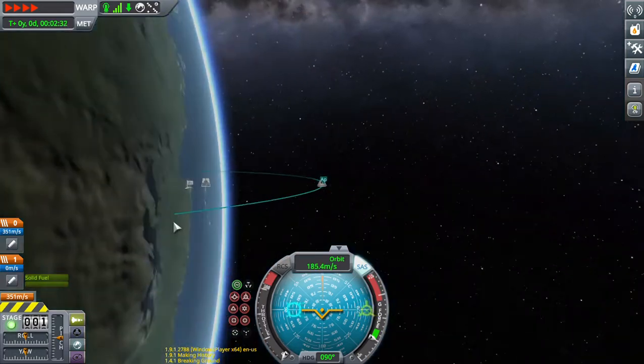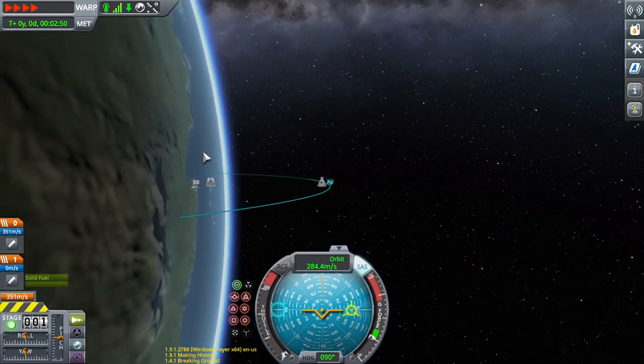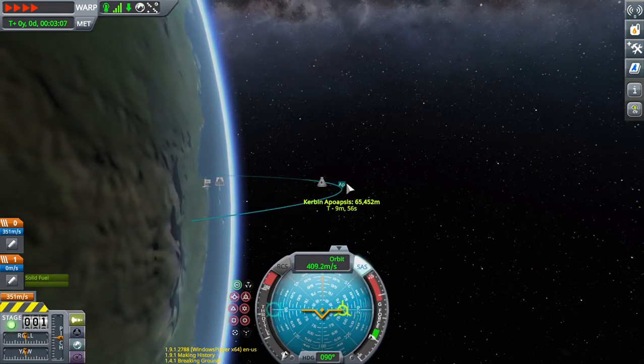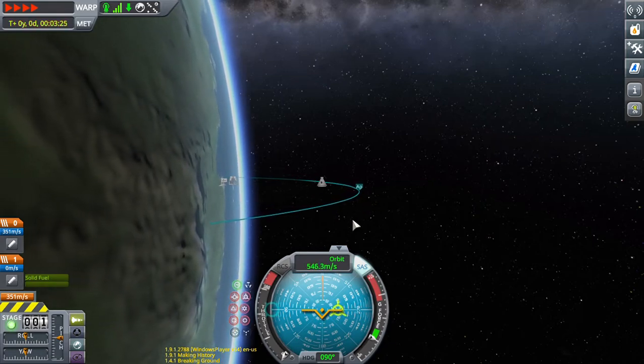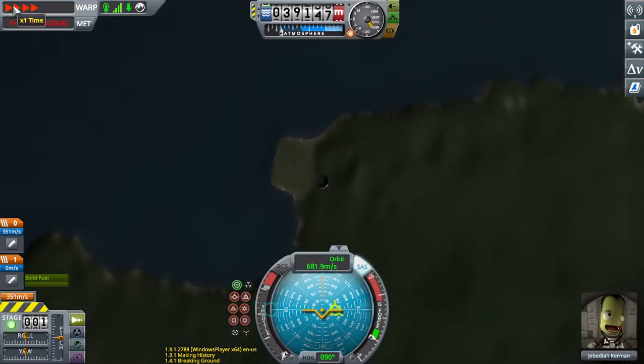Now, as you can see, this is the orbit. Actually, it's not orbiting, it's the trajectory of this rocket. This apoapsis is the highest point of the orbit, which is 65 kilometers. Now we are returning, and now